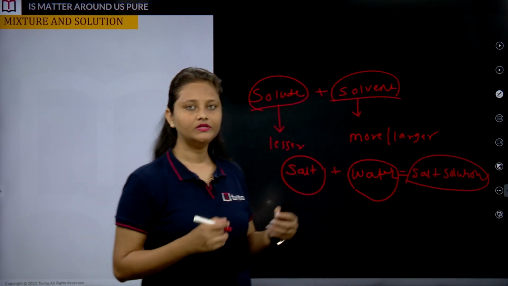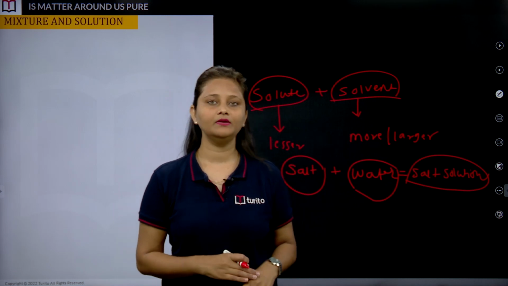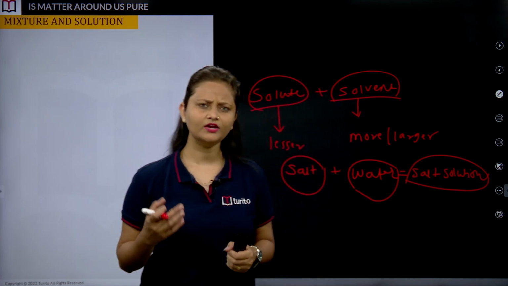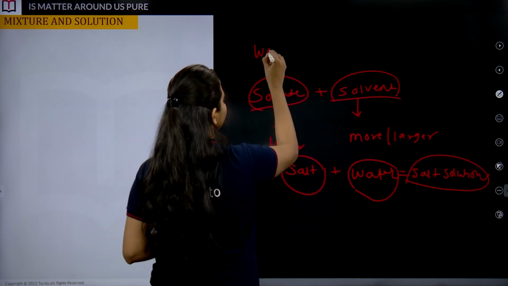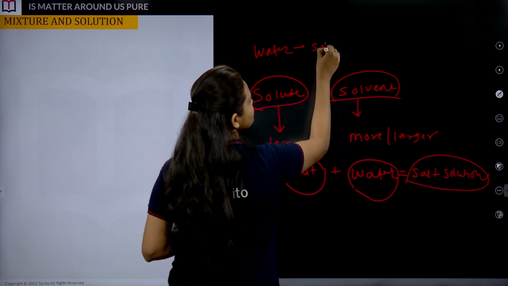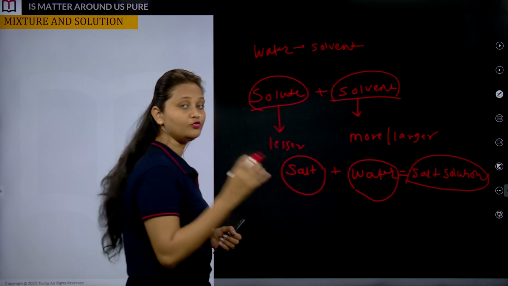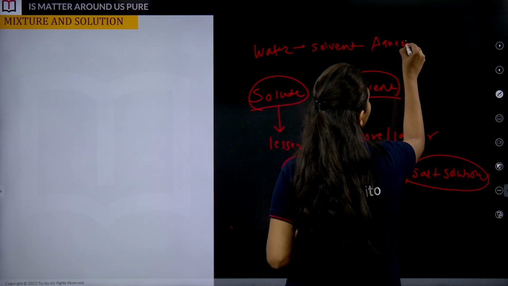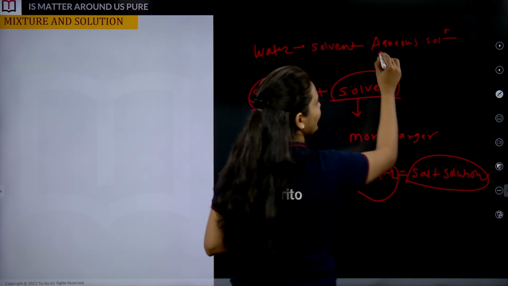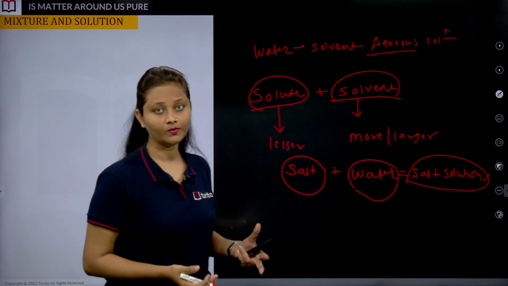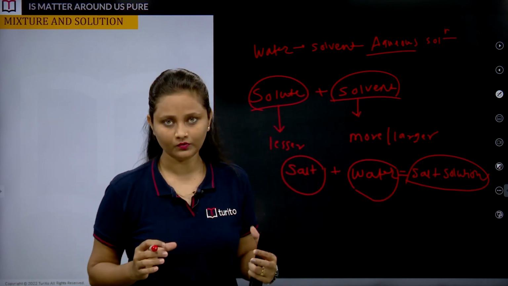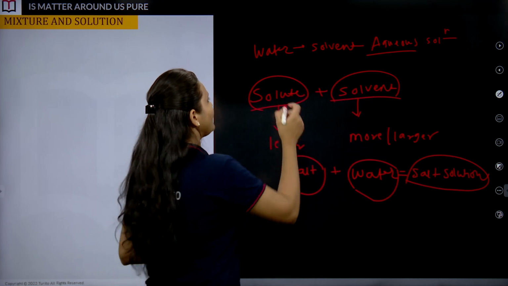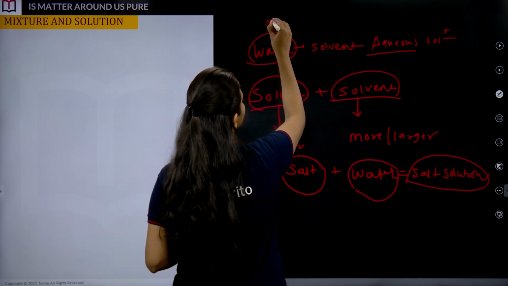Then we talked about the different types of solution. Category number 1 can be based on the type of solvent which we are using. We can use water as a solvent, correct? If we are using water as a solvent to prepare a solution, that solution is known as an aqueous solution, correct? Aqueous is related to aqua, that means water. Opposite to that, of course, if I am not using water as a solvent,